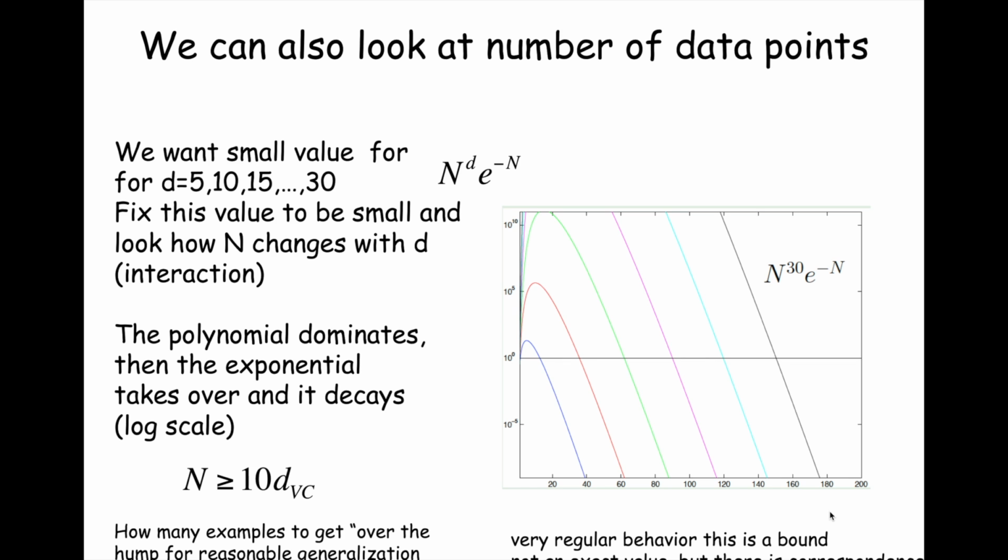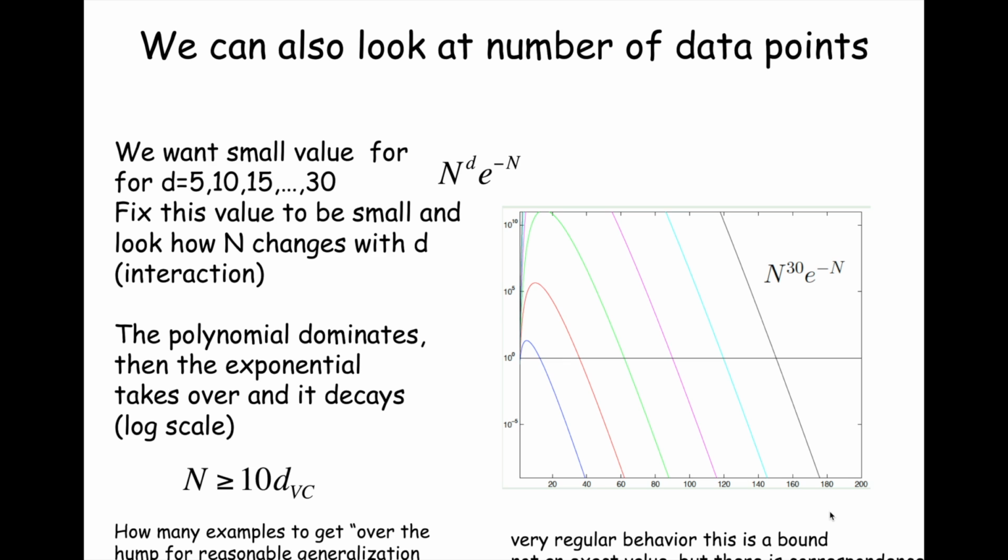And so I'll end with this. The rule of thumb, and this isn't a hard and fast rule, but it's just something that seems to work in many cases, is that the number of data points that you can typically get away with is at least 10 times the VC dimension. Now, certainly, depending on the complexity of your model, it might be more than 10 times. But as a rule of thumb, you can get away with about 10 times the VC dimension as the number of examples